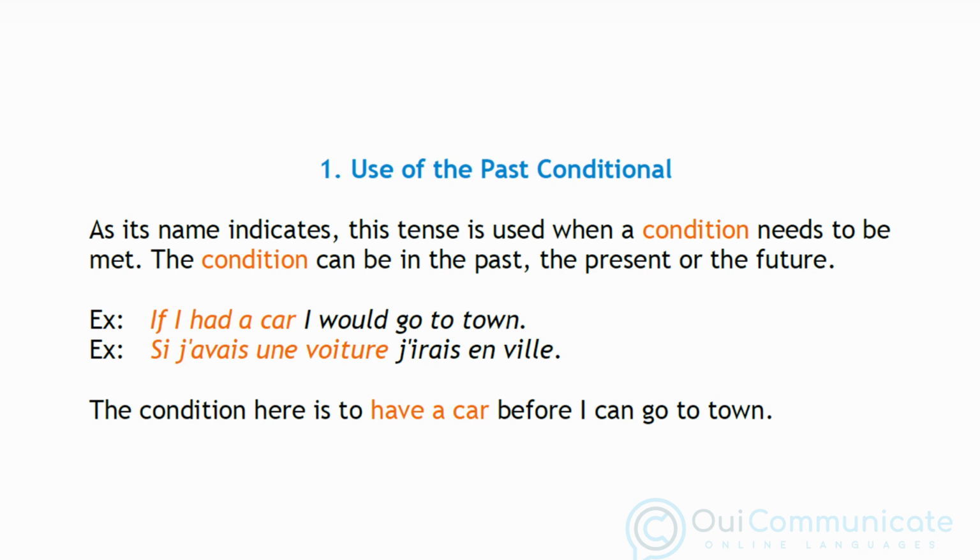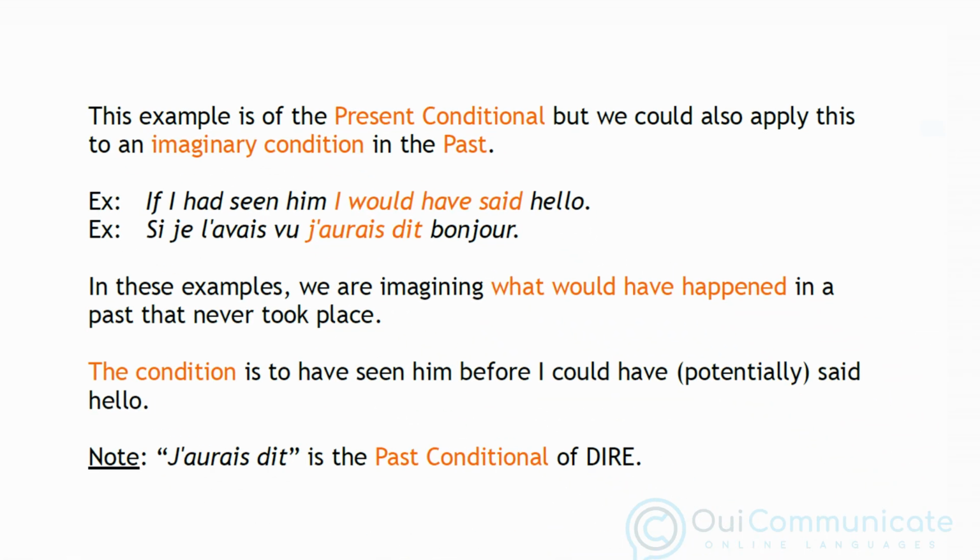For example, if I had a car, I would go to town. Si j'avais une voiture, j'irais en ville. The condition here is to have a car before I can go to town. The example we've just seen is of the present conditional, but we could also apply this to an imaginary condition